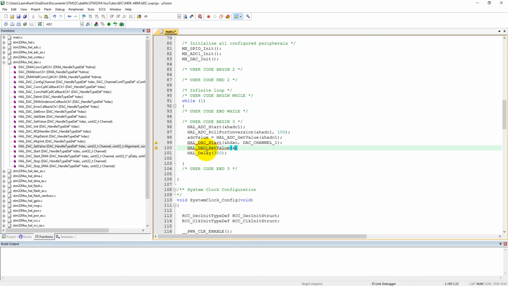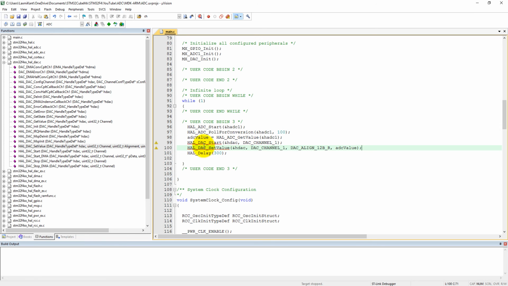First the handle for DAC, and then the DAC channel, that is 1, and then the DAC alignment, that is 12-bit right alignment. There are two alignments, right and left, so here we need right alignment, and then the ADC value.